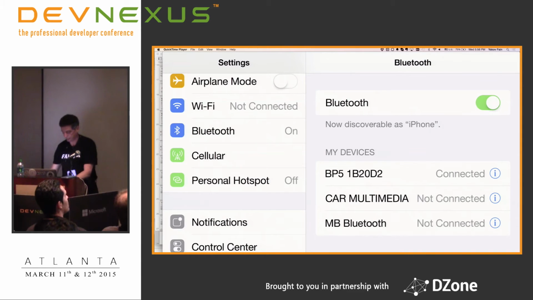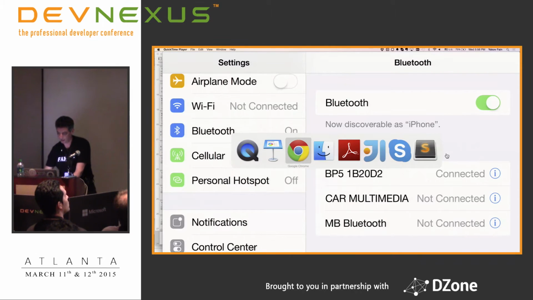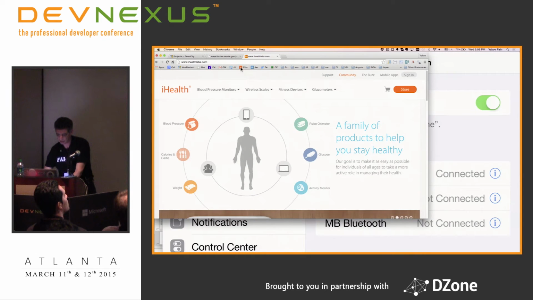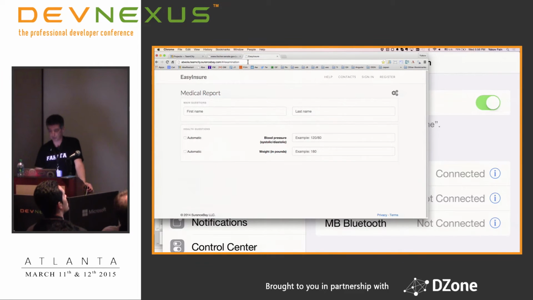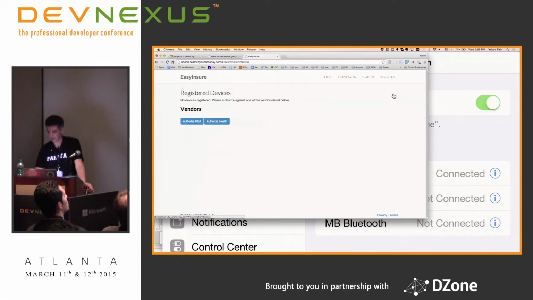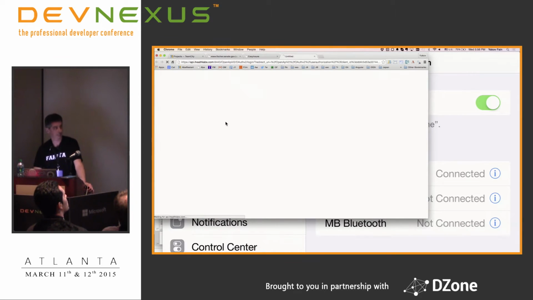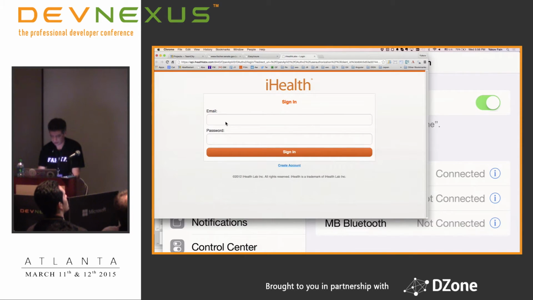But before we do any of this, I want to start my application, a simple one that we created. First of all, we need to authorize a device. Authorize iHealth. iHealth is the device that we see now.